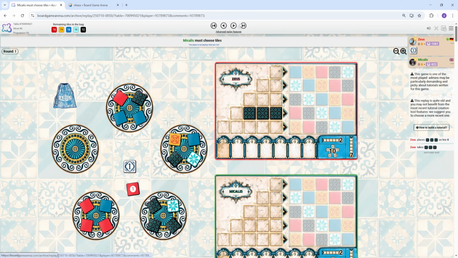But he decides to take the red tiles away to not let me just build down column 2, which